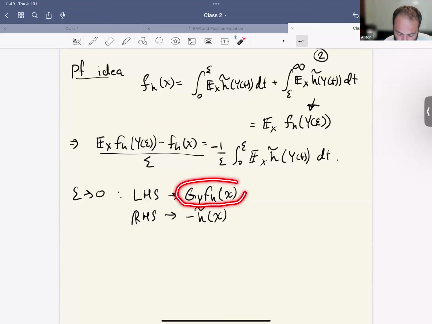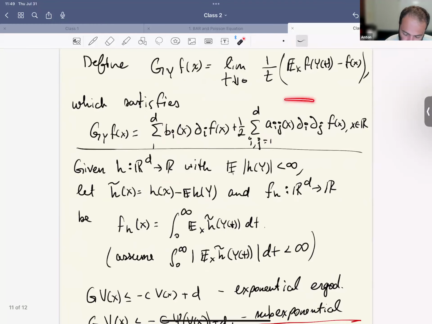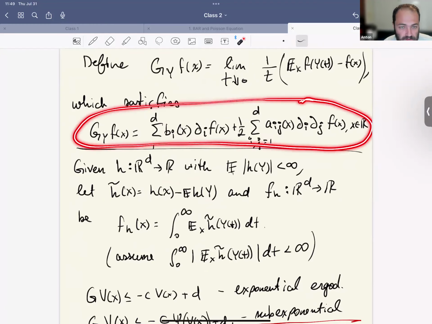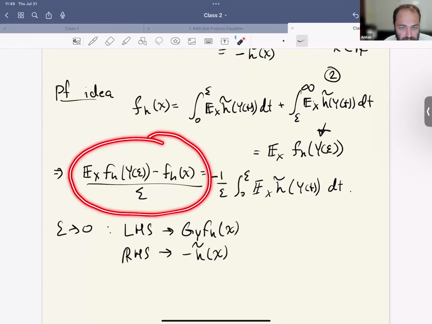So let's look at the generator. What is the generator? The generator applied to the function is a second order differential operator on that function. In other words, it only makes sense if f is twice differentiable, or it's C2. Let's just call it C2. So if we knew a priori that f is C2,